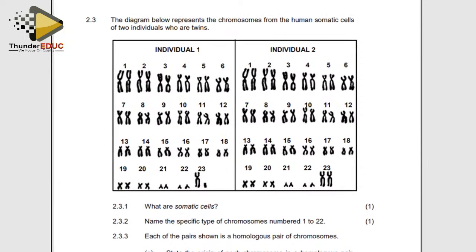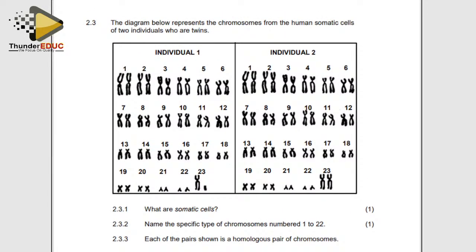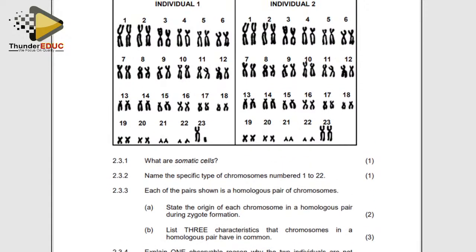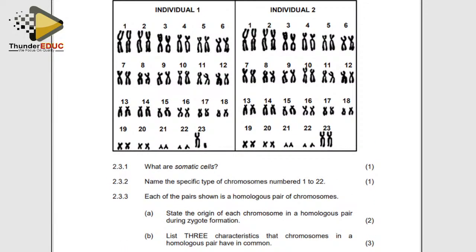All right. The diagram below represents the chromosomes of human somatic cells of two individuals. I found out that people confuse autosomes, gonosomes and somatic cells. Guys, when you talk about autosomes,